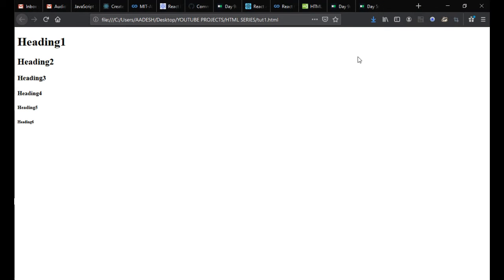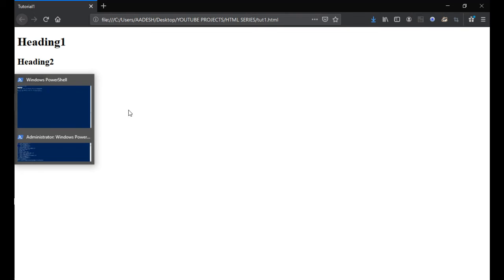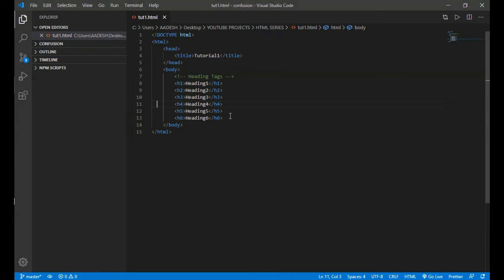So yeah, here you can see all the heading tags with their font sizes. h1 is bigger, then h2 is little bit smaller, h3 is smaller, h4 is even smaller, h5 is smaller, and h6 is smallest, right? So this is how heading tags basically work. You understand?